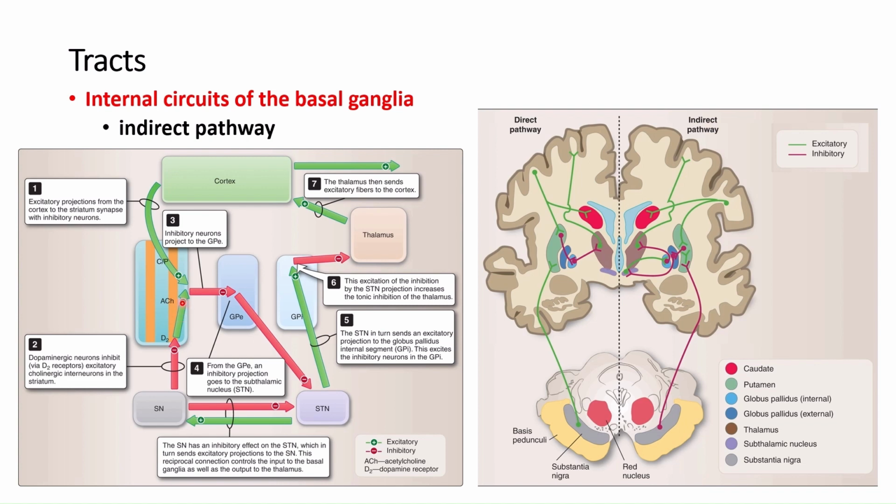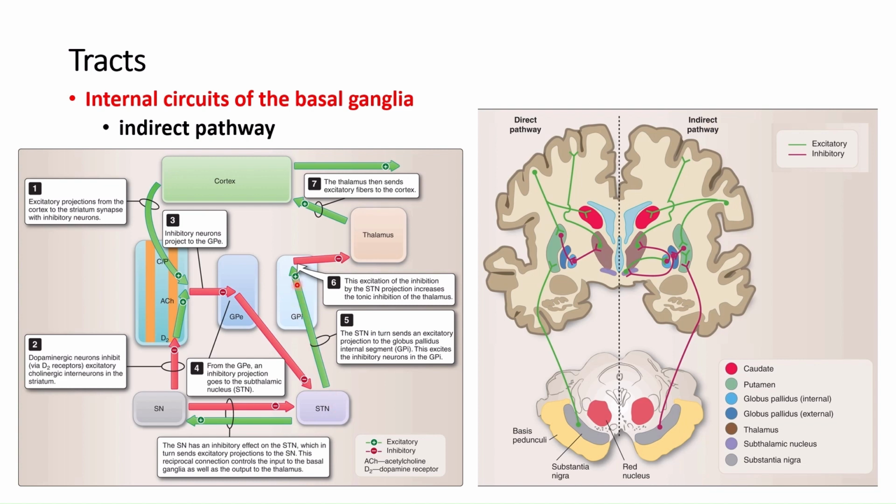So in the indirect pathway, instead of the striatum connecting to the internal part of the globus pallidus, now it is connected to the external part of the globus pallidus. Normally, the external part of the globus pallidus is inhibiting the subthalamic nucleus. But now you're getting another inhibition here. So this inhibition is inhibiting this one, which is already inhibiting, and